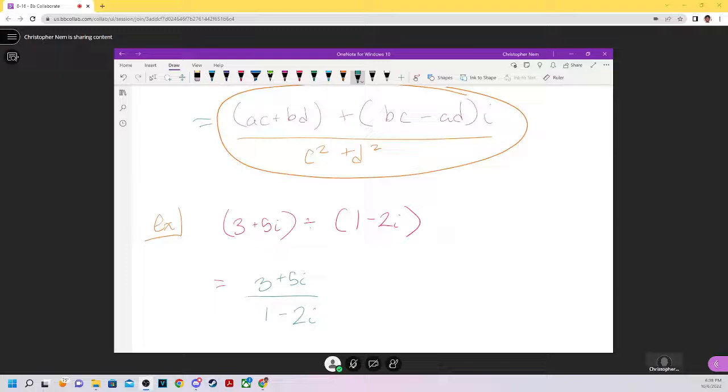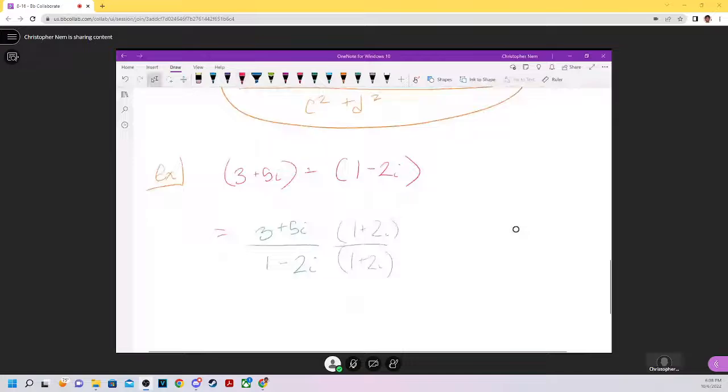In rational expressions, we did the reverse. We always went this way rather than this way, but now I'm turning it into this method. So now I can multiply by its conjugate, and I'll define that in a bit. We can multiply both of them by 1 plus 2i. The reason is because I want to get rid of the imaginary number in the denominator. That is the whole point. So if I do this now, I get,